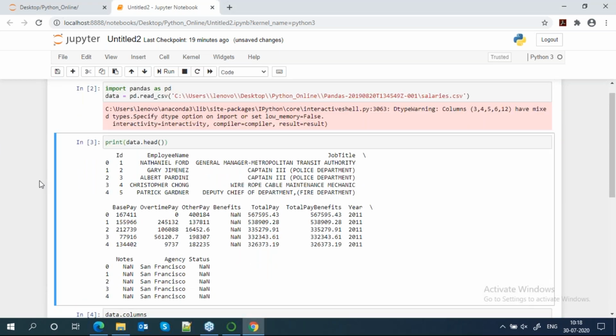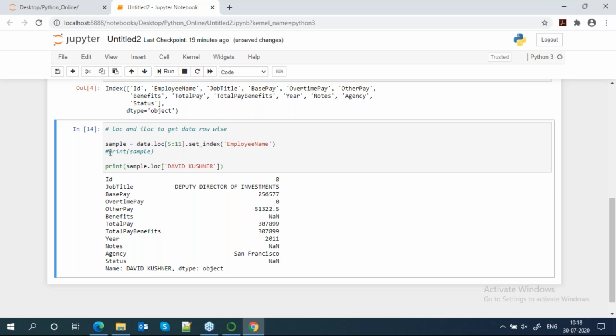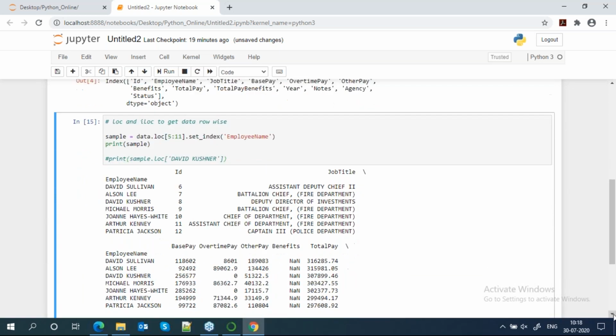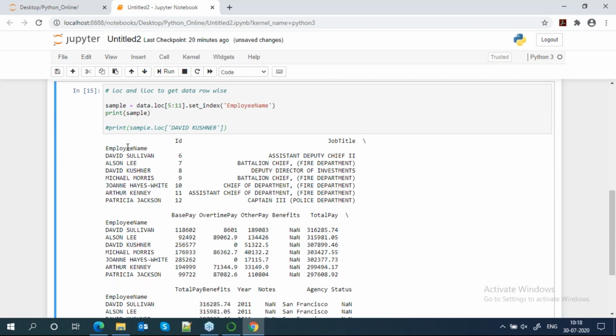Let me tell you what the position part is. Here you can see this is my index. Employee name is my index, like David Sullivan, Alson Lee, David Kushner, Michael Morris. But what is the position of this particular index? This is my position 0, this is position 1, position 2, position 3, position 4, position 5, position 6.